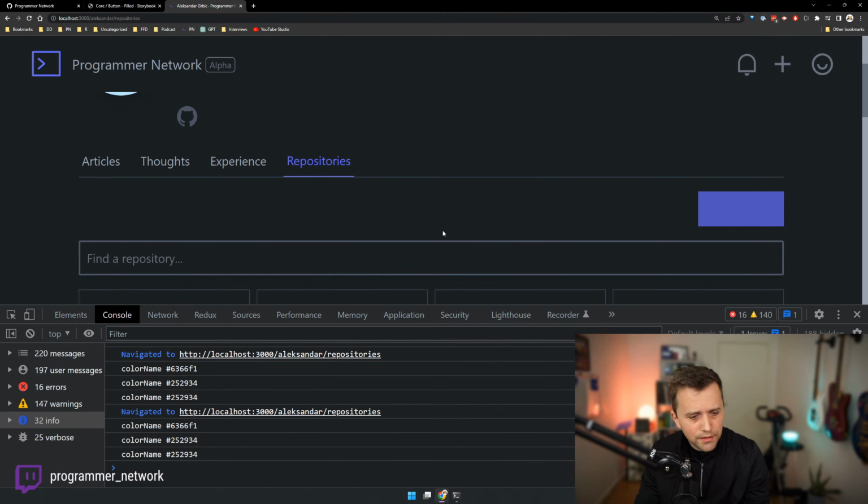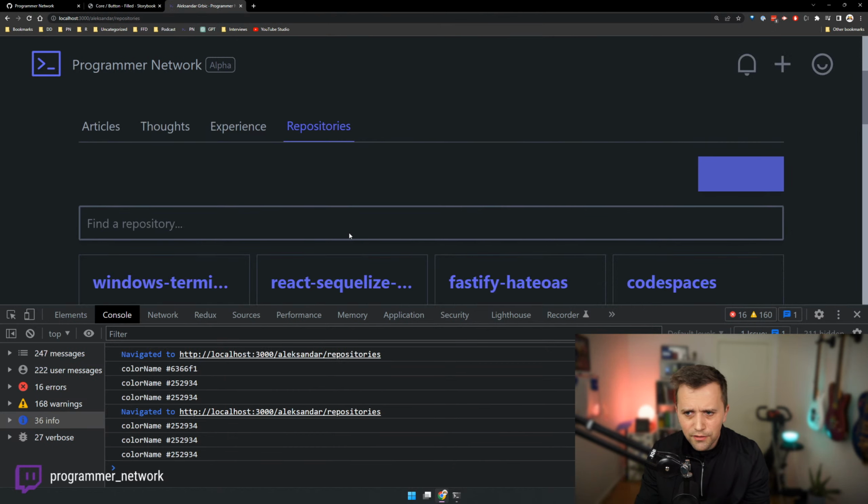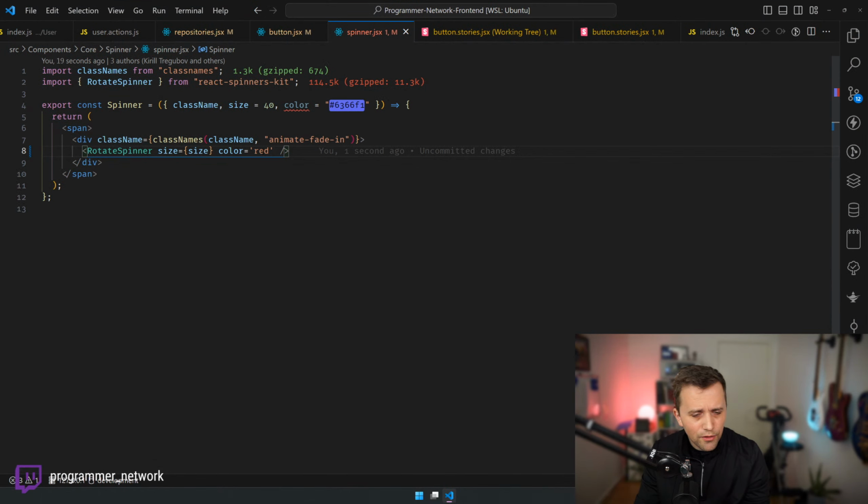So right now the color is literally hard-coded, but it still takes a while for it to be shown, right? So it's something else. What could it be?